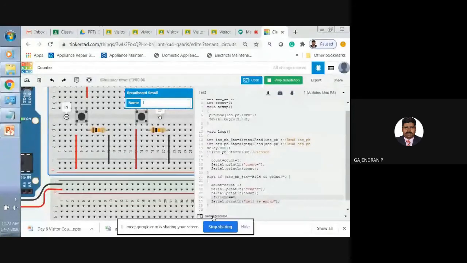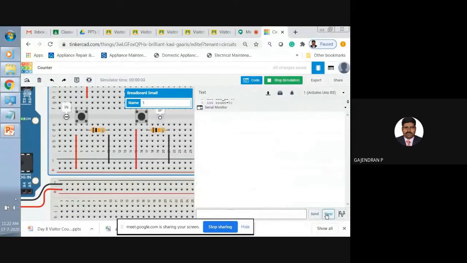See, I'm going to clear this. I'm going to increment the count up to 3, 4. Now I am going to decrement. Please observe: 2, now 1. Now see, immediately once it becomes 0, it gave the message hall is empty. If I press once again, it won't give the message. Okay, if I go back to increment,